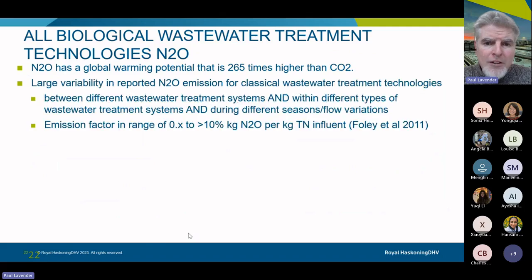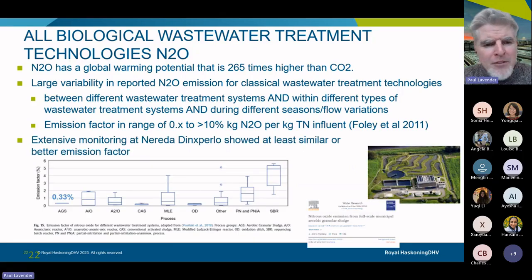Okay, I think the almost final point was just about the nitrous oxide. I don't know what experience other people have found in this field, but we did see some negative perceptions early on, that because this is a batch process, it's going to be similar to SBRs. We haven't seen this play out. We've got some published research from a couple of years ago from the Netherlands, where the one site we looked at was fairly low loaded, but we came out with a low emission factor of 0.33. And we've done some more recent research at another site